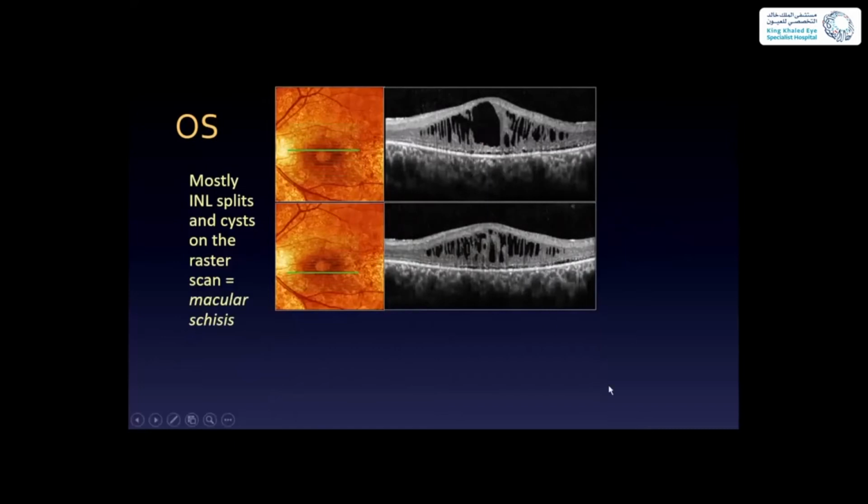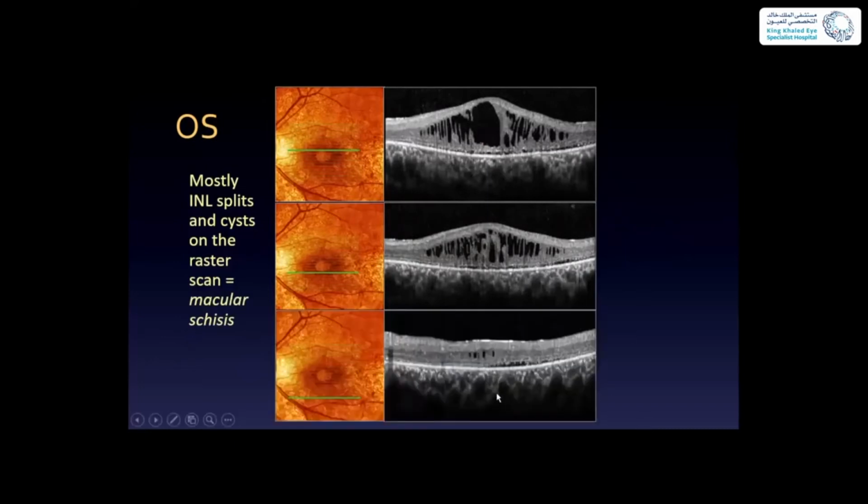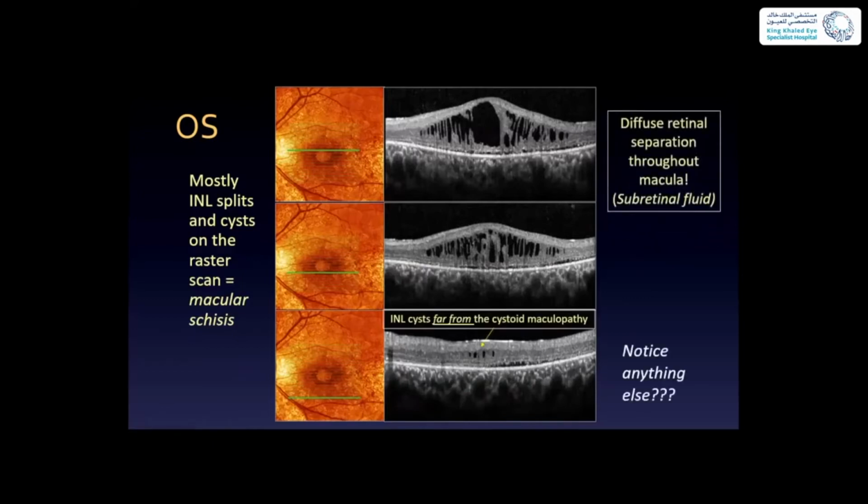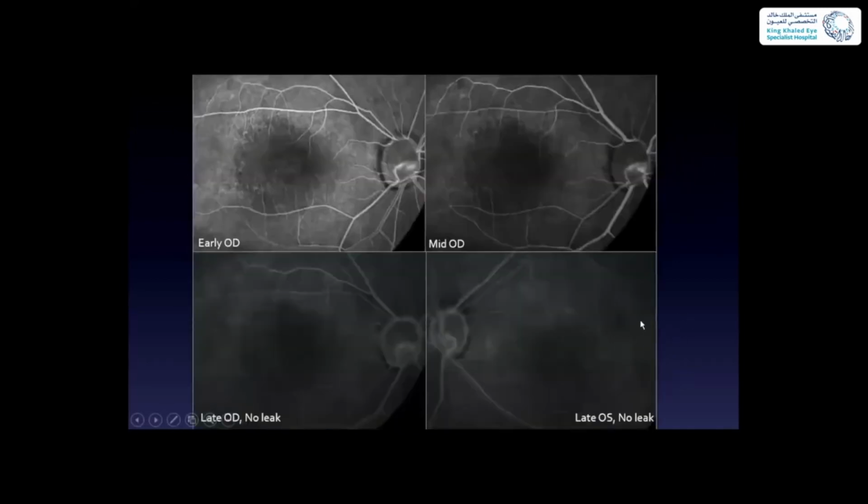Same feature with the schisis and inner nuclear cysts that are away from the center of this maculopathy. And yet, if you notice anything else, you'll notice that there is diffuse retinal separation throughout the macula. There is actually subretinal fluid with shaggy photoreceptors, these elongated photoreceptor outer segments. It seems like the retina is floating on top of the RPE and not really interdigitating with the RPE as it should be. When we did a fluorescein angiogram, there was no leakage,